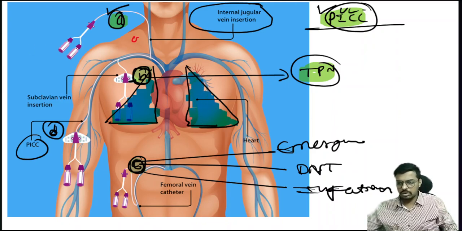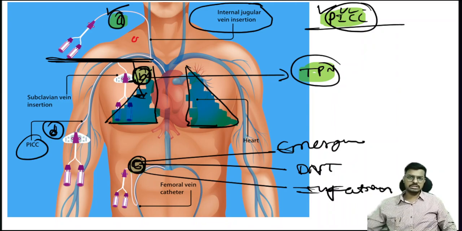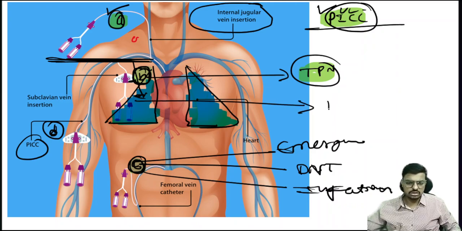While inserting the subclavian catheter, if the patient suddenly has a respiratory problem, this catheter may accidentally penetrate the lungs. So there is accidental penetration of the lungs, and the highest chance of